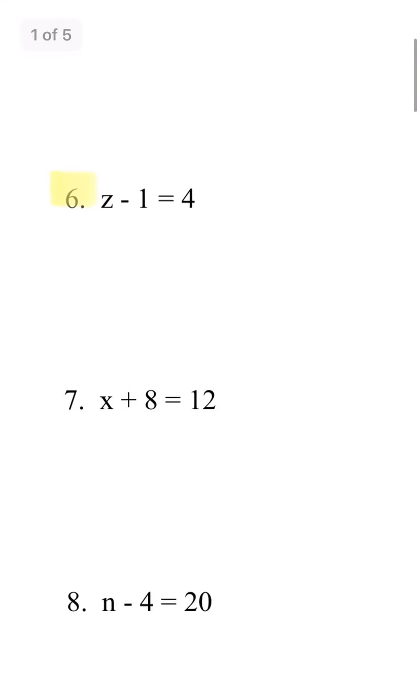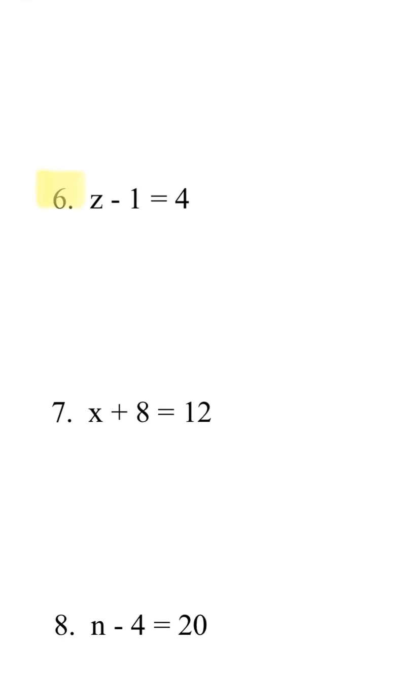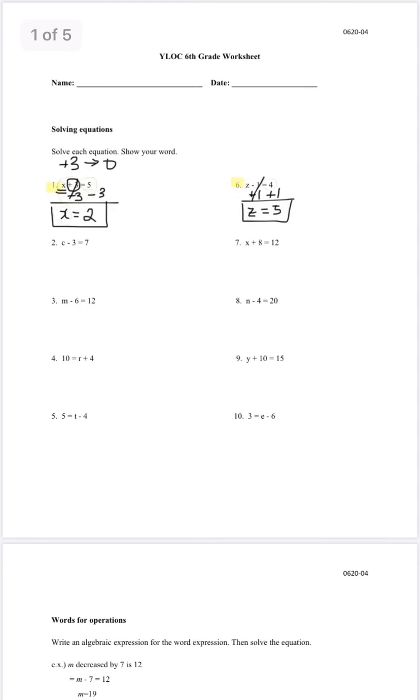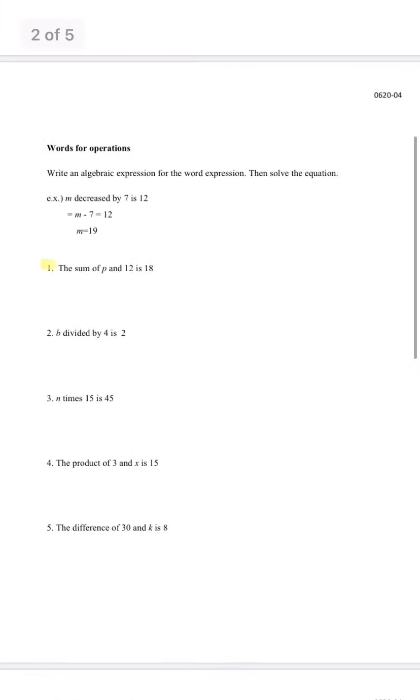Okay? So let's look at number 6. We have z minus 1 equals 4, okay? So again, we're going to isolate the z. How do we do that? We're going to make negative 1 a 0, right? And how do we make negative 1 a 0? Well, we're going to add 1 to both sides. Don't forget to do it to both sides, okay? So when we do that, we're going to get z equals 5. And that's our answer. Okay, so go ahead and finish this page, and then let's move on to the next